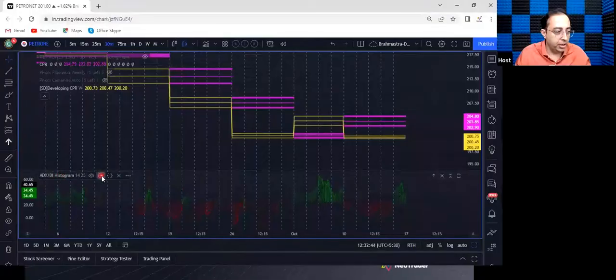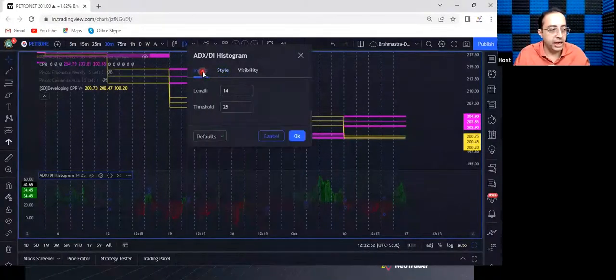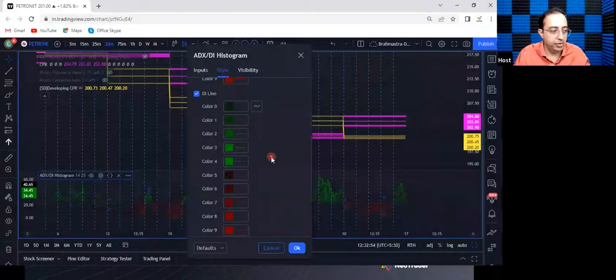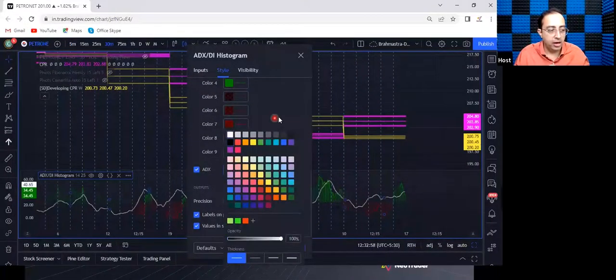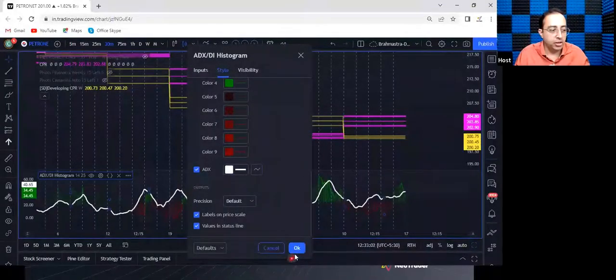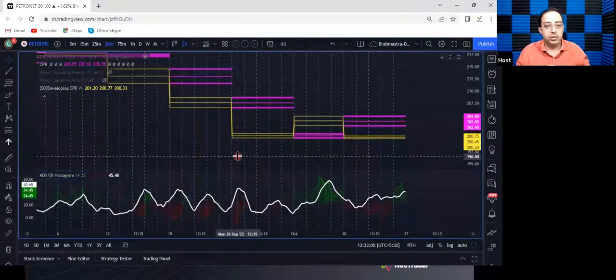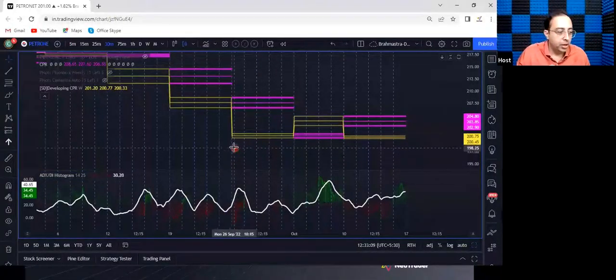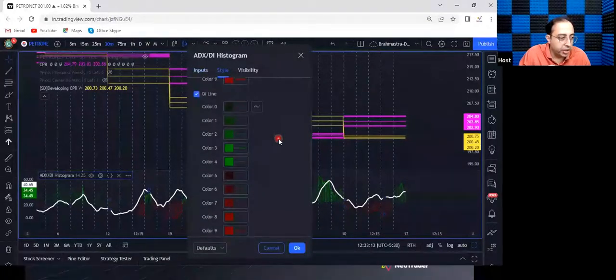And you can see here that again, I will go to the settings and I will go to the ADX. ADX is black in color. I will convert it into white and I will thicken the color. So now, after thickening the color,